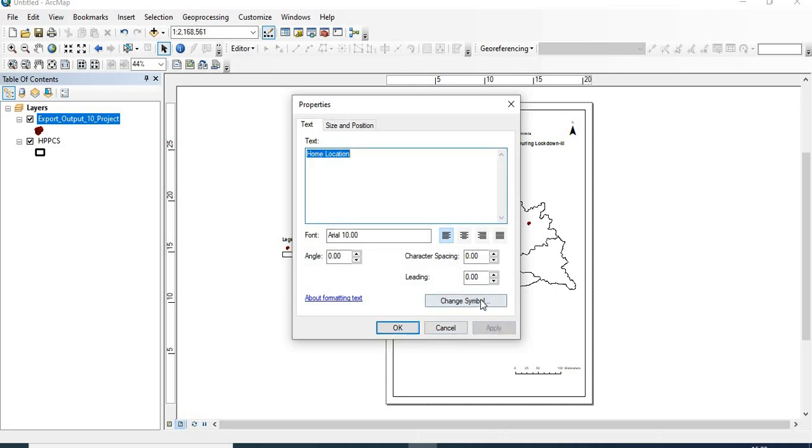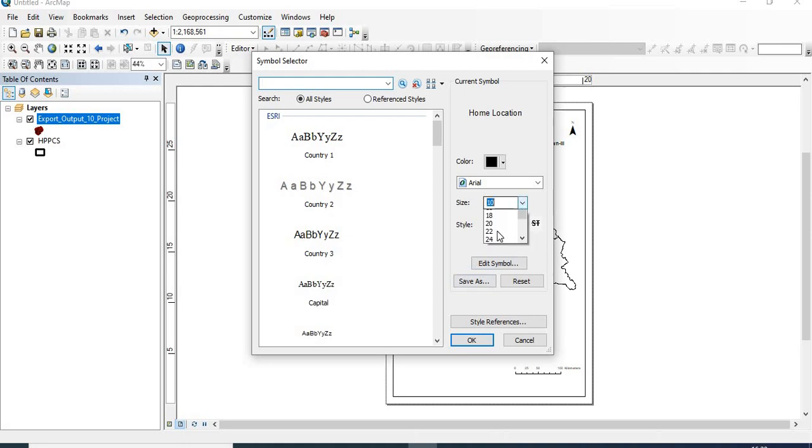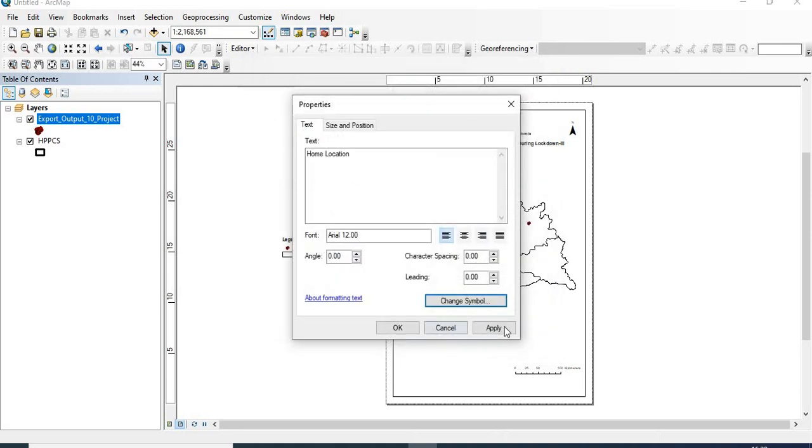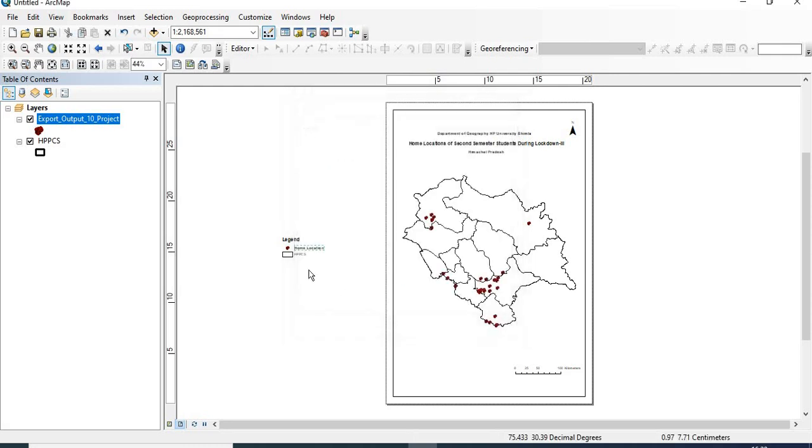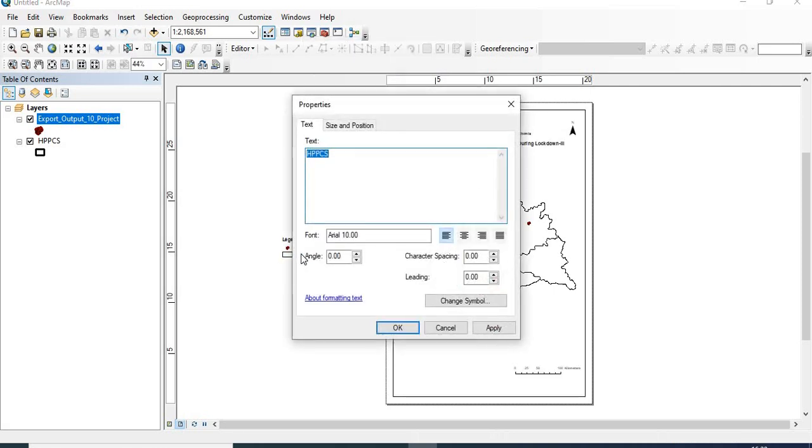So apply, you can increase the size from here, and OK, apply, OK, and ungroup it, and this is, for example, district boundary.